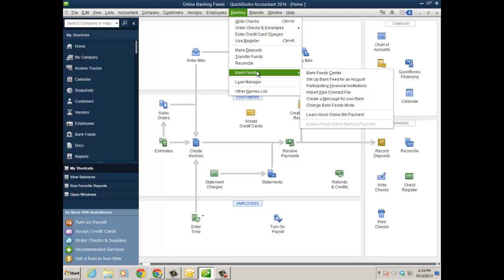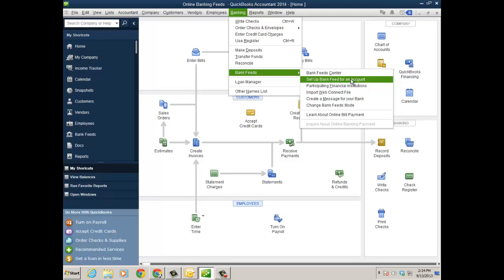just to make it faster, less clicks, and just more of a spreadsheet module, if you will, a lot easier to read. You still have the register mode, and then you have the side-to-side mode, but this by far, in my opinion, is just way superior, I think, and it still does the same kind of stuff, plus some, particularly with renaming rules. So you can go from Bank Feeds to Bank Feed Center, and of course here's where you